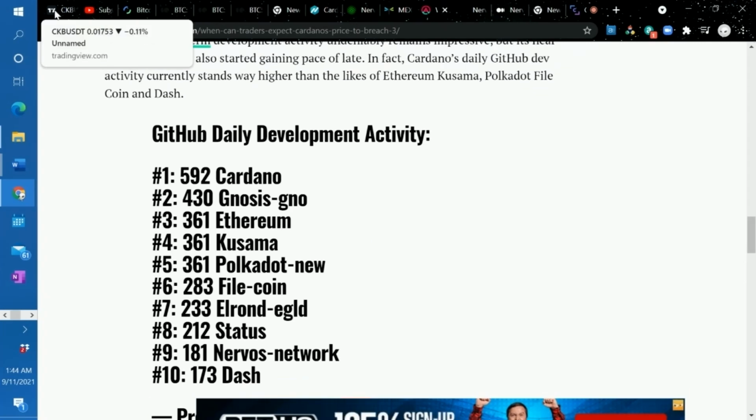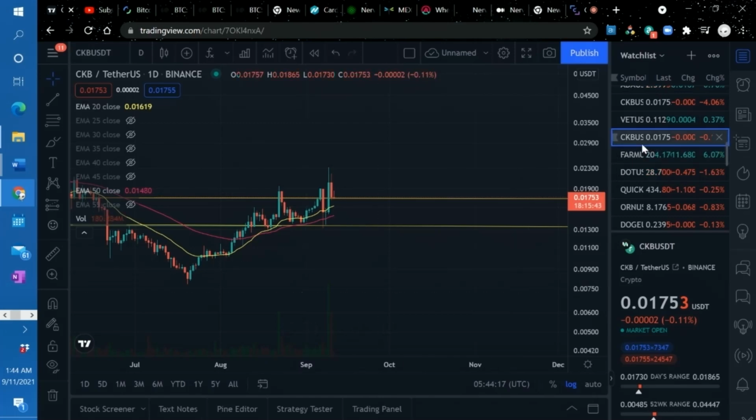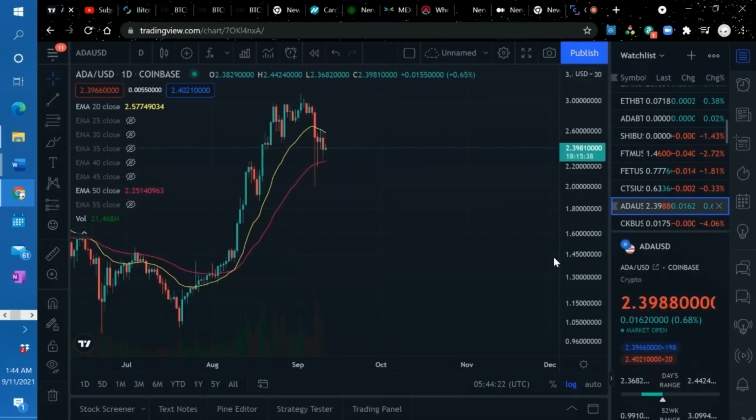ADA was looking pretty rough this week, but I'm going to say that in between the price ranges of $1.70 and $2.58, so right around here to way up here, more than 4.45 billion ADA tokens were accumulated by just 280,000 addresses. So the adjusted transfer volumes